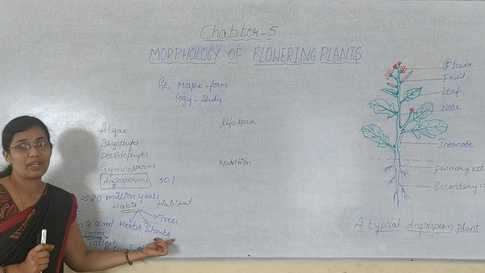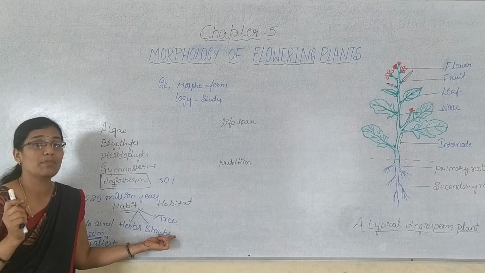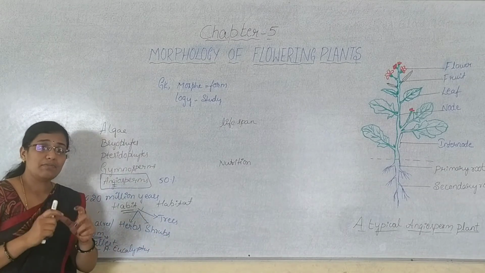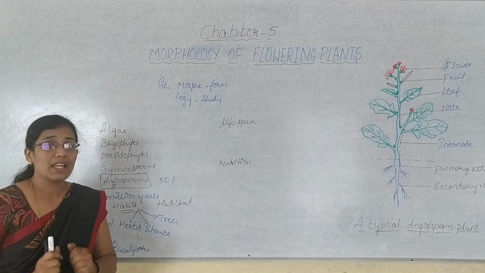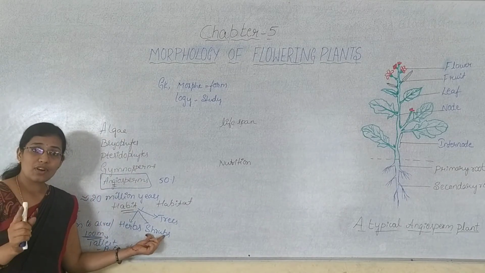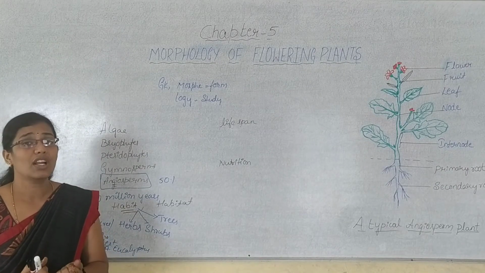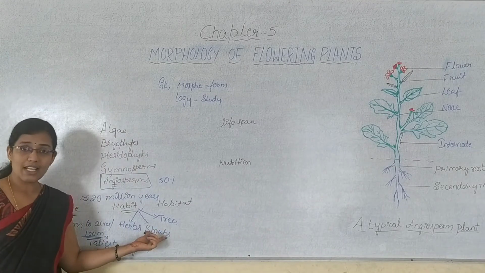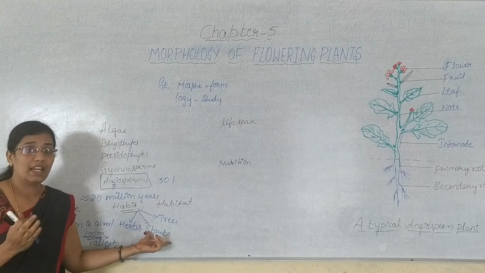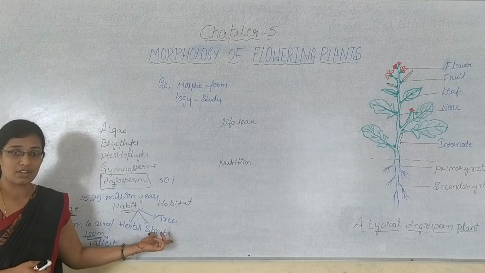Whereas shrubs, when we speak about the shrubs, these shrubs will be having woody stems and they are non-pliable, that is, we cannot bend them without breaking. Pliable in the sense, we can bend the stem without breaking. Non-pliable in the sense, we cannot bend the stem without breaking. So, as the shrubs are having woody stems, we cannot bend them easily. If we try to bend them more, they will break off. So, those are called as shrubs. Example for shrubs, hibiscus, rose, henna. Henna is nothing but mehendi. So that comes under shrubs.